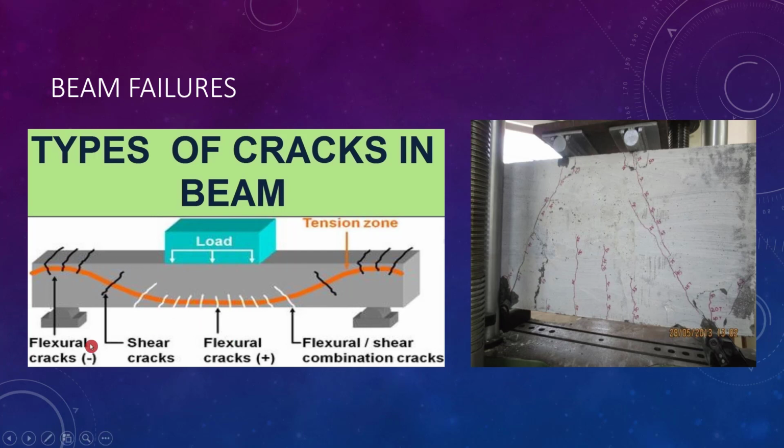You can see on the failure of this beam, there are various types of cracks, which range from the flexural cracks, as they are forming above the supports, which is a negative moment. For negative moment, they have flexural cracks, and there will be shear cracks, which will always be inclined to the lengthwise direction of the beam. That's why we are providing the vertical stirrups, and there will be flexural cracks at the midpoint or the midspan,